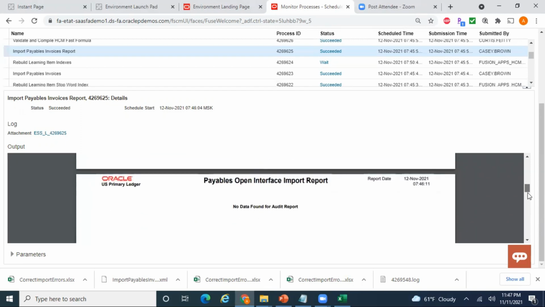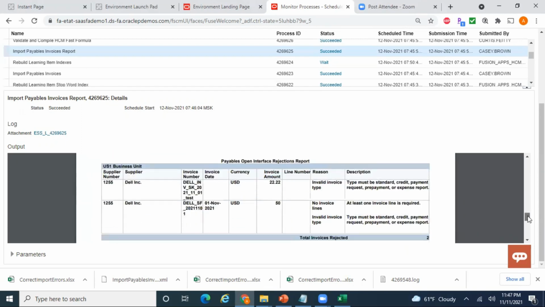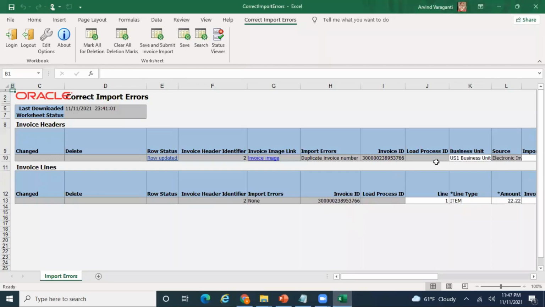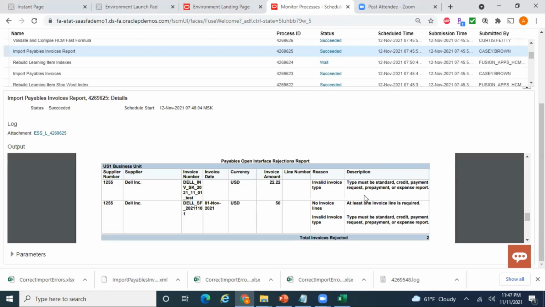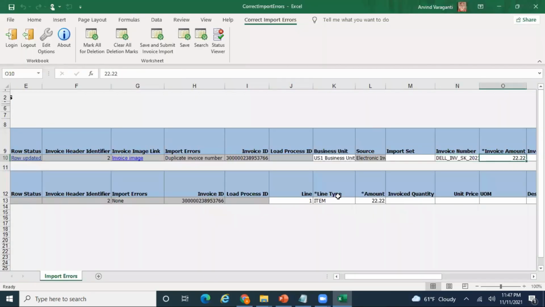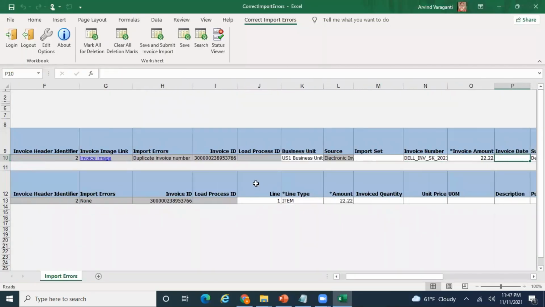It says no data found for audit report. Okay, so this is our invoice. If you look at this invoice, looks like it's not successful. Now it says type must be standard, credit, payment request. So invalid invoice type. As I mentioned earlier, all the errors are not displayed in a single go.